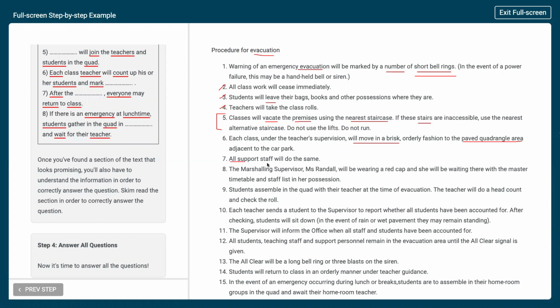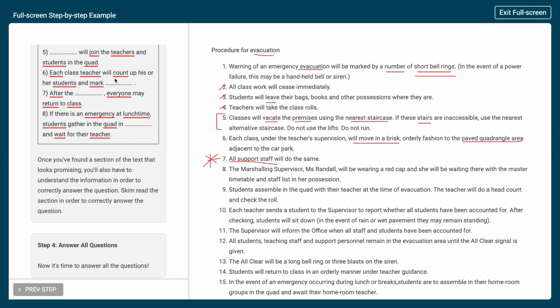Number 7, it says all support staff will do the same. So we know the teachers and the students are in the quad, and all support staff, this is a group of people like we predicted for number 5. So I would confidently say that all support staff would be number 5. But if you want to just make sure that it's completely correct, because it's not 100% clear, it's not the easiest question, we could skip it just to see what we would do on the exam. So I'll make a little star here and we'll go immediately to number 6,